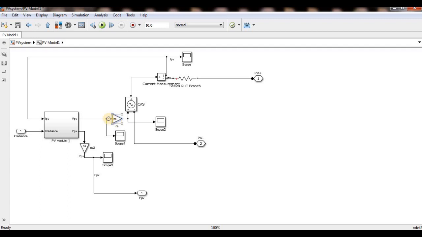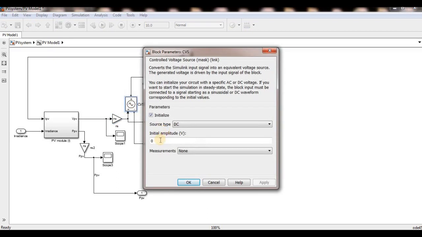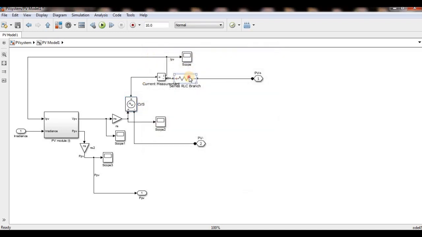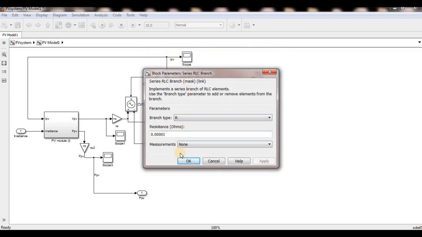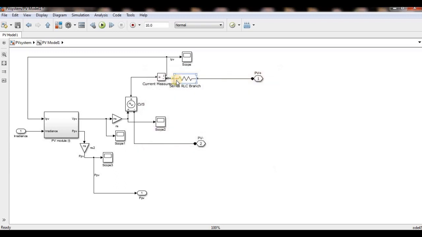Because the number of modules connected in series affects only the voltage, I make this a constant DC voltage source, and the initial amplitude is 0. This is a very small resistance branch I connected because of the internal resistance of the complete PV array. This is now the complete PV array, because 20 modules are connected in series. This is one PV module, and this is 20 modules connected in series.